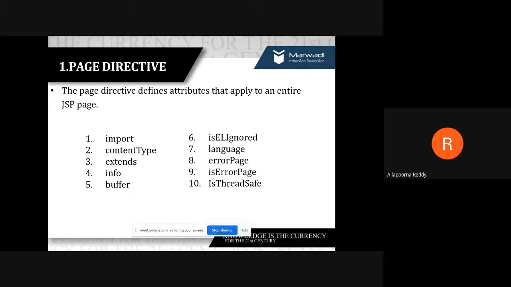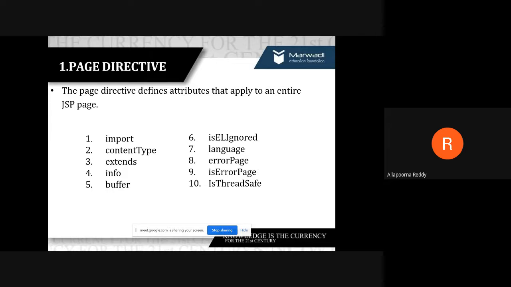So @ directive attribute equals value. The attribute can be import, content type, or any among these 10. Sometimes the value can be true or false, or sometimes the value can be redirecting into one more URL. Like this, there are some things we are having.